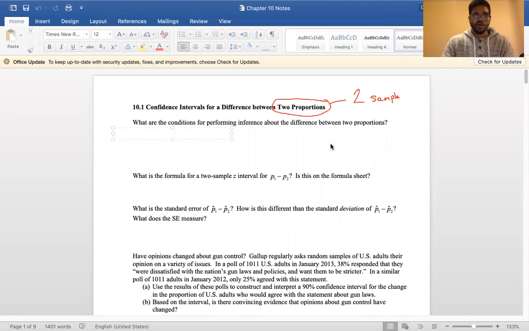All right, so what are the conditions? You're going to notice that a lot of these are very familiar. So we have one, random. Two, you can see some minor changes. Here, n1, your first sample, needs to be less than or equal to 1/10 of big N1. Okay, and then you've got to check your second sample as well. So n2 needs to be less than or equal to 1/10 of big N2. Okay, and number three,